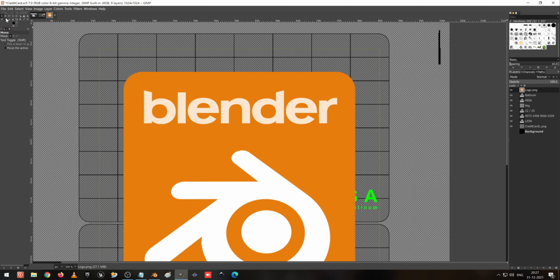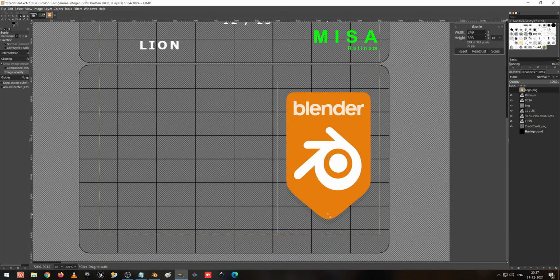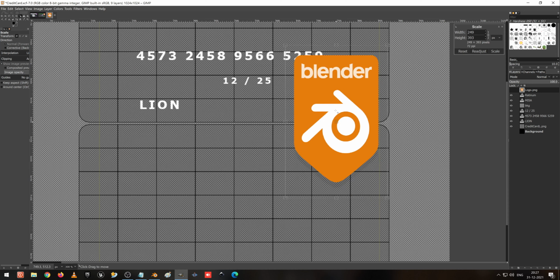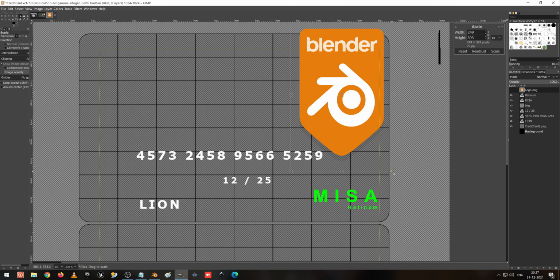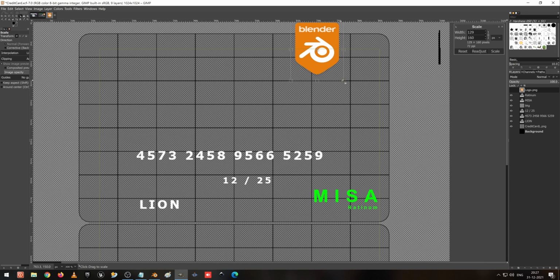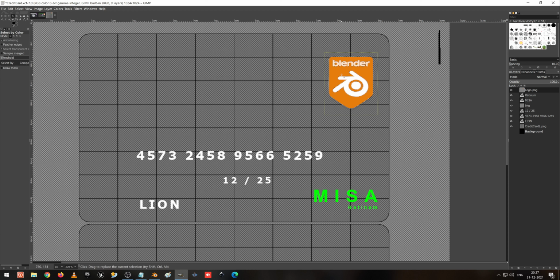This is the video for Blender. So here I go to the scale option, scale, and I'm going to reduce it down, and I'm going to move using the scroll key, and I reduce it down still more, and I move this to here, and I'm going to select by color this one,